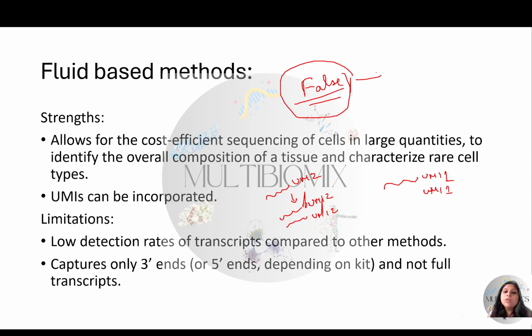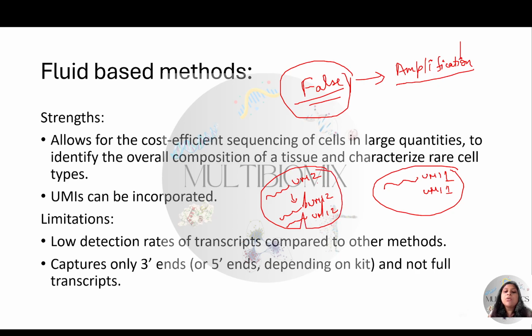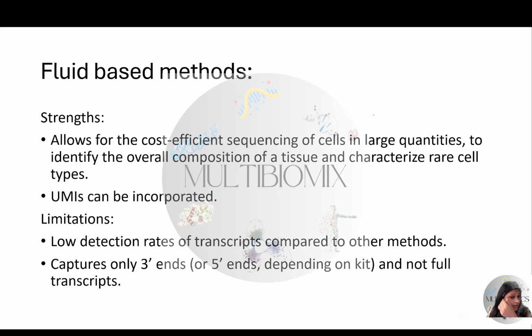But it can also be due to amplification, right? Because we are doing PCR. So with the help of amplification, we can increase the number of RNAs or cDNA libraries. So these UMIs help us to keep track of the original number of RNA molecules that were present in the cell,